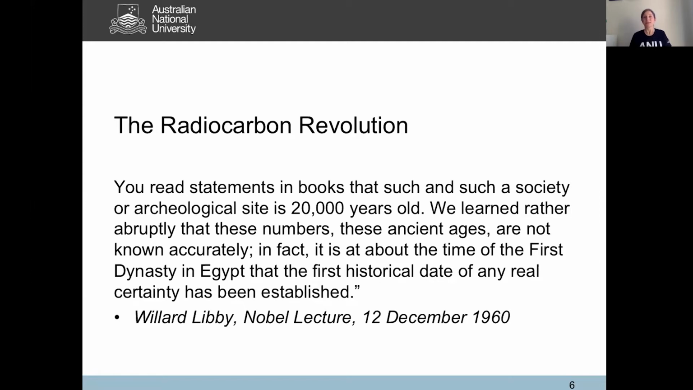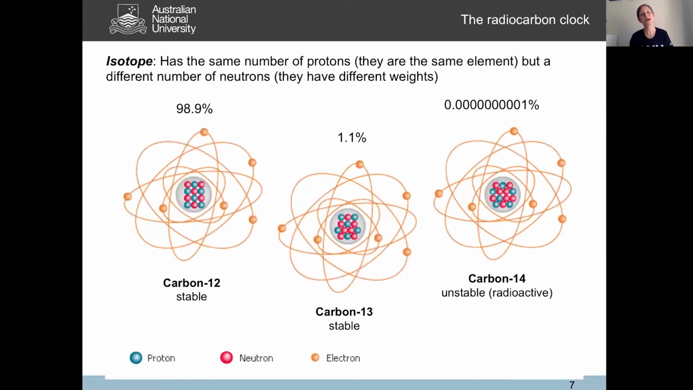And this is now widely known as the radiocarbon revolution within the fields of archaeology and also paleoscience in general. Okay, so how does radiocarbon actually work? To understand this, we have to understand